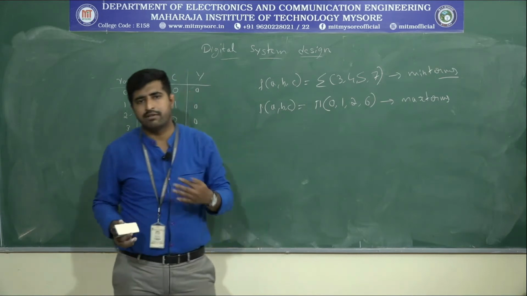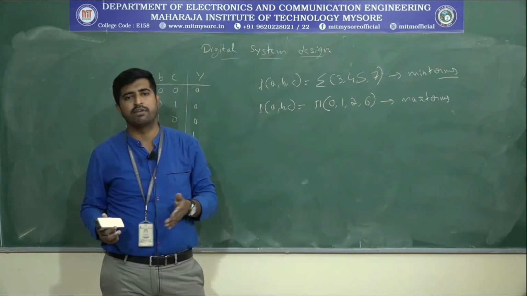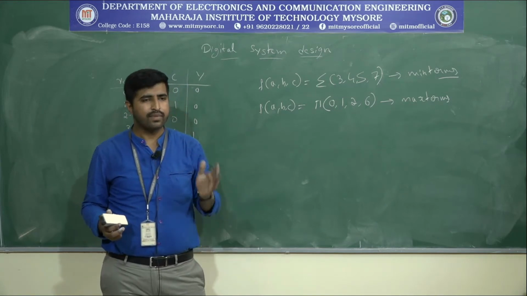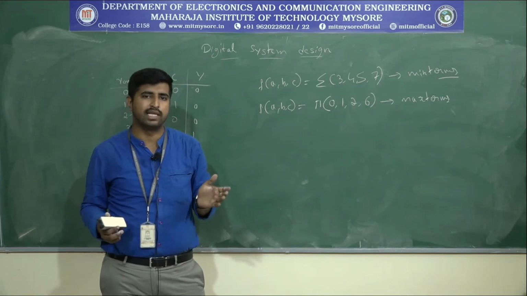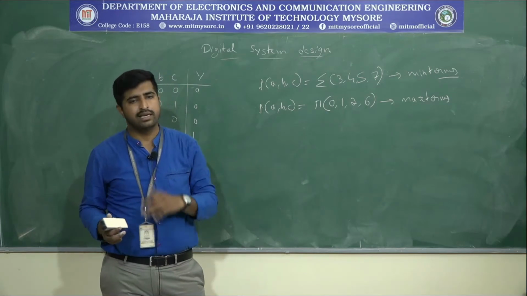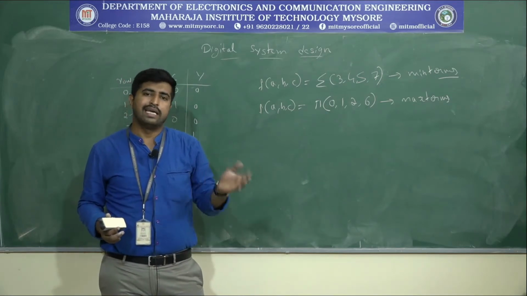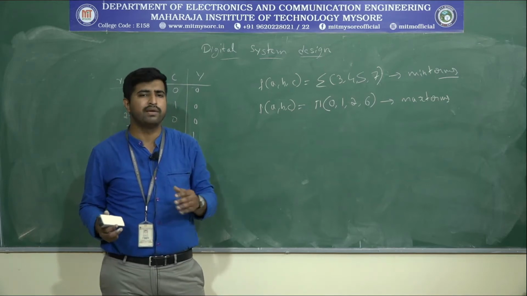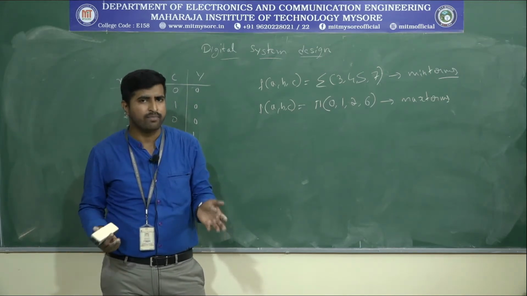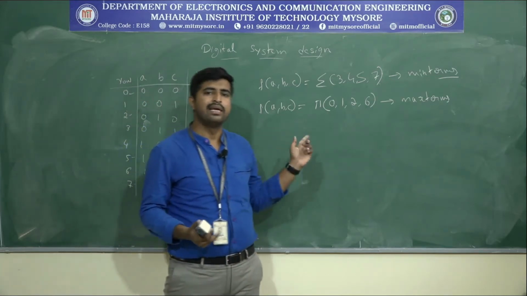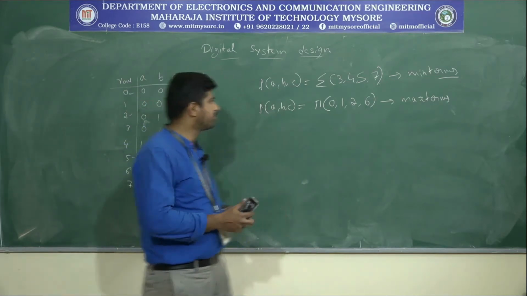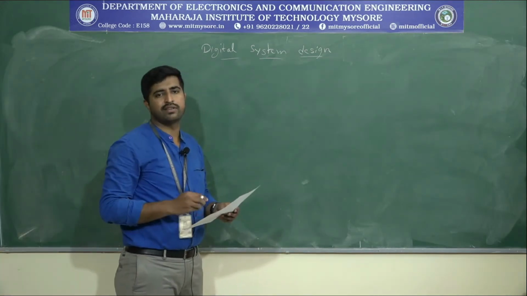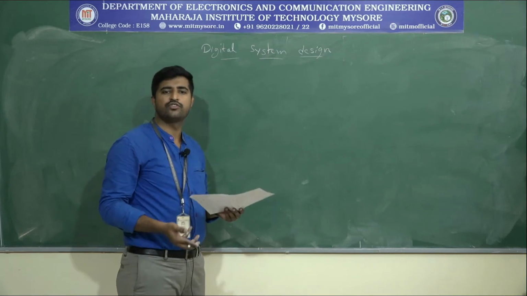Normally we simplify the switching equations by using Boolean equations. By using Boolean theorems or De Morgan's theorem we can simplify any switching equation. But in that there is more chance of error, and the process may even be very lengthy. Let's see that. Let's take an example, then you will be able to understand. Let's take an example of how to simplify the switching equations.